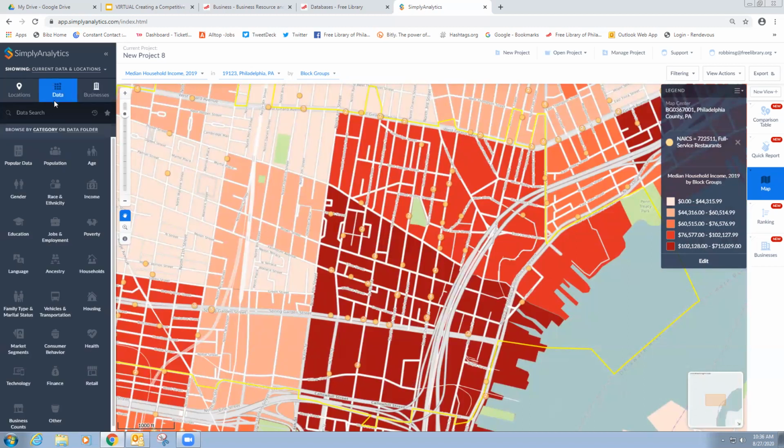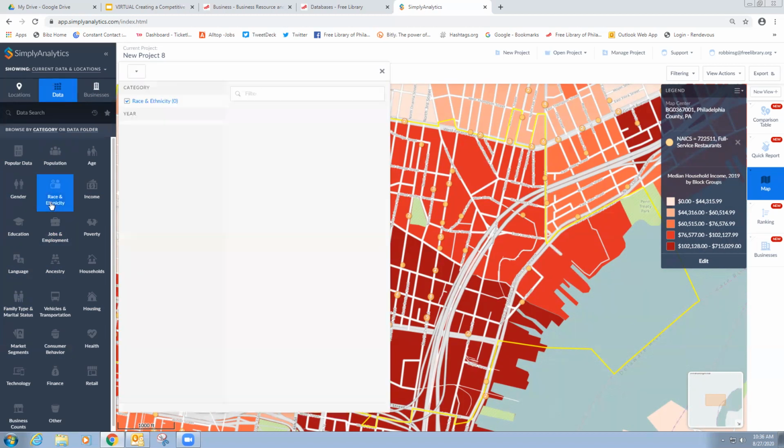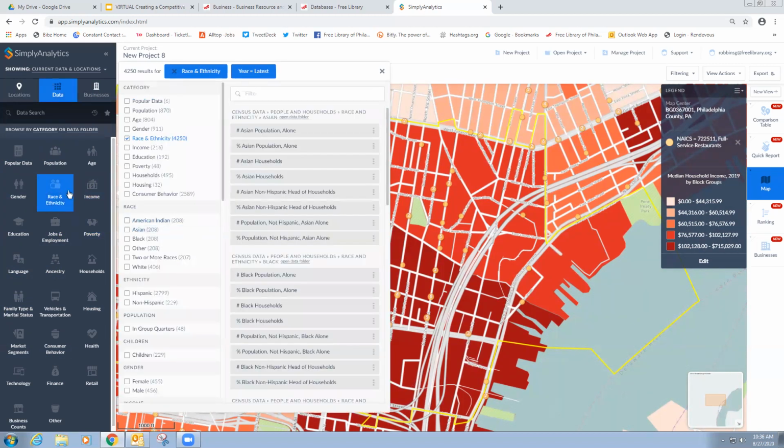So it's nice to add in data as well. I'm going to go ahead and say that you can keyword search, which is sometimes a little convoluted. You never kind of know what they're naming their data. I'd recommend browsing by topic if you're specifically looking for things like, say, race and ethnicity or income. I would pop up that topic, and then you can further keyword search, or you can explore more